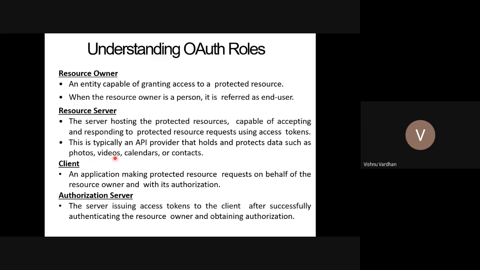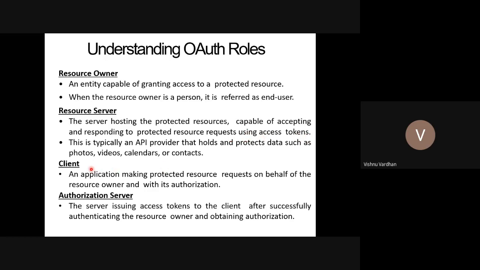They can be photographs, videos, calendars, contacts, or some profile information. Anything residing at their end can be shared only upon having the access tokens. So the resource server is actually ready. The only thing is it wants to get authenticated by means of the access tokens.